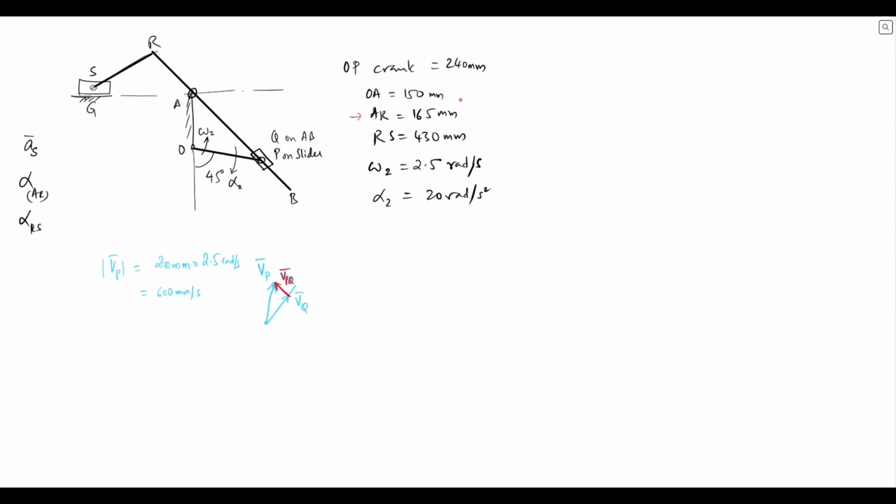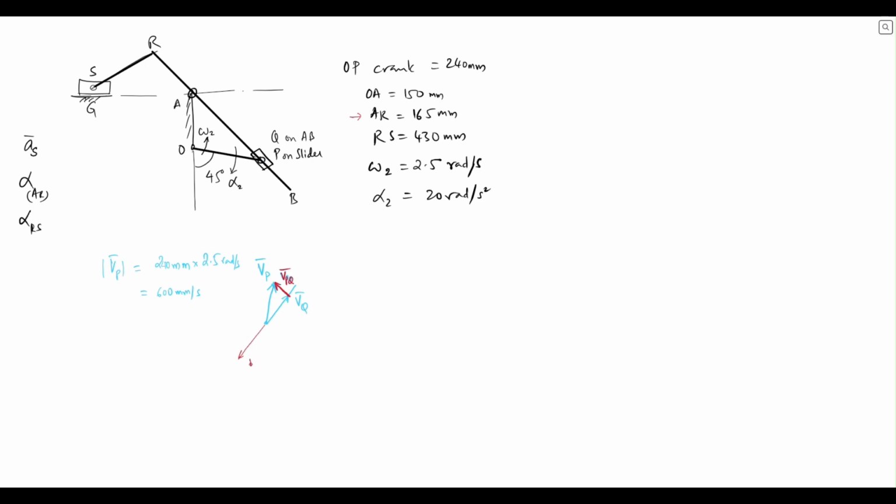AQ, well, this length is known. This is for AQ, and we know this quantity. So correspondingly, we can draw on the other side for AR. With that, we know from here